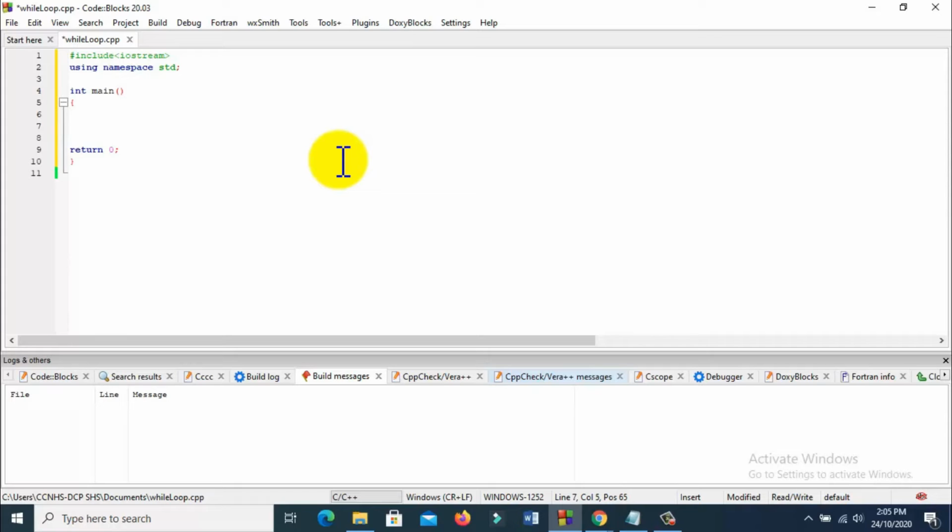So, for example, we'll use int number, int dog, or any variable. For example, to be specific, int x is equals to 0. So, while loop is while. So, your condition, for example, x is less than or equal to 5,